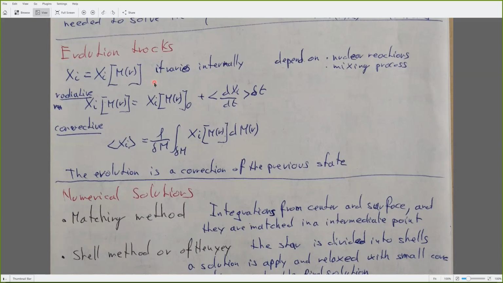Obviously, the chemical composition varies internally, it is not constant. Nuclear reactions and mixing processes can change it. If you have just radiative transport, you have the original composition corrected by the reaction rate and the time. If you have convection, it is a little more complicated: you have to consider the part of the mass where there is convection